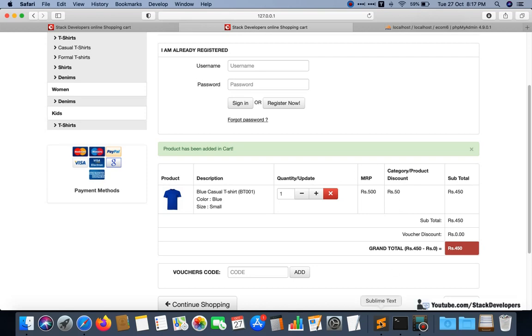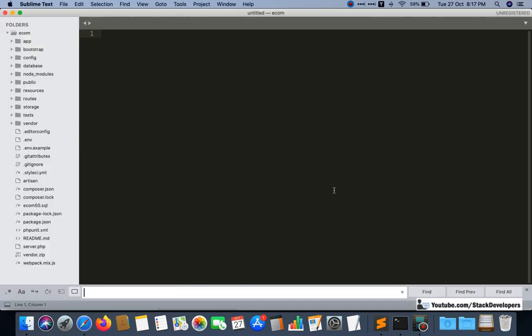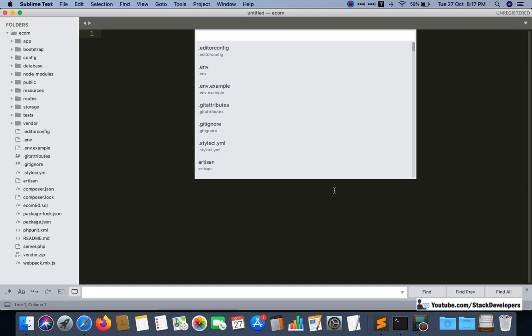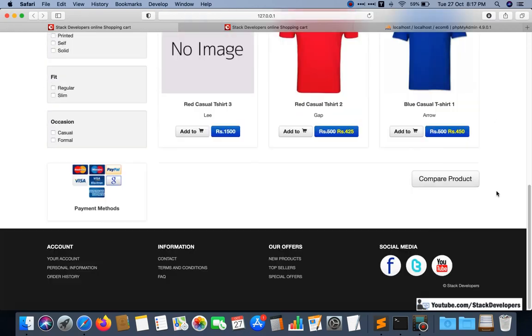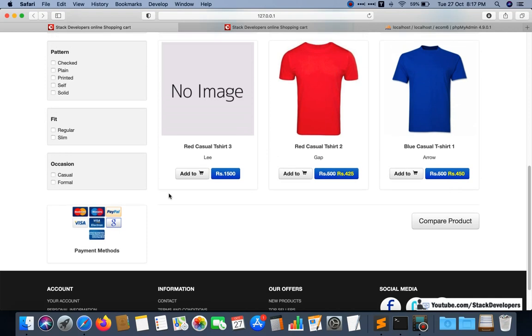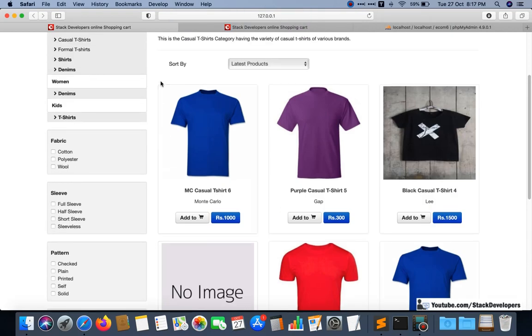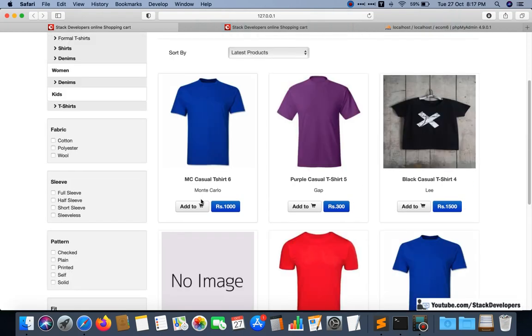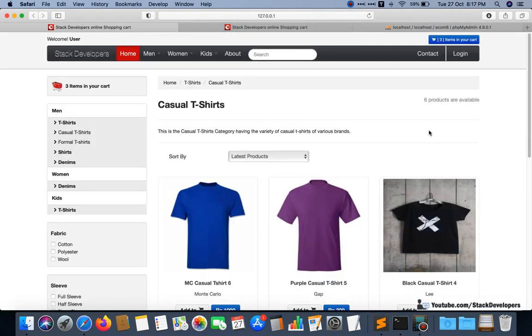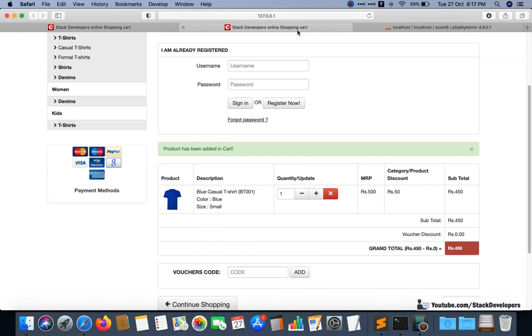First of all, in the listing page, if you remember, this part we have shown in Ajax. This is the part that we are reloading, the part that is refreshing. Only the products are refreshing according to the filters. The same thing we are going to do for our cart page as well.